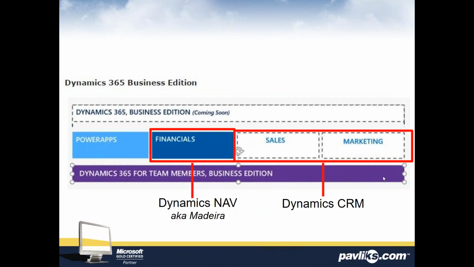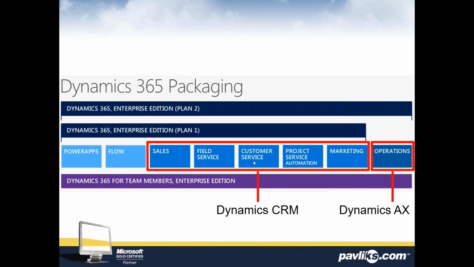And again, at the core, which I want to make sure everybody understands, the benefit of Dynamics 365 is the integration between financials and your sales and marketing data, whether it's the business edition or the Enterprise Edition. The integration between operations and the CRM elements is to become very seamless. I say become because it's not actually there quite yet. There is some loose integration between AX and CRM initially in their first version of 365 for Dynamics, but it's not fully baked yet.